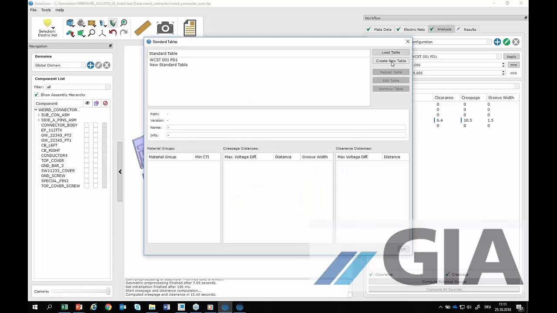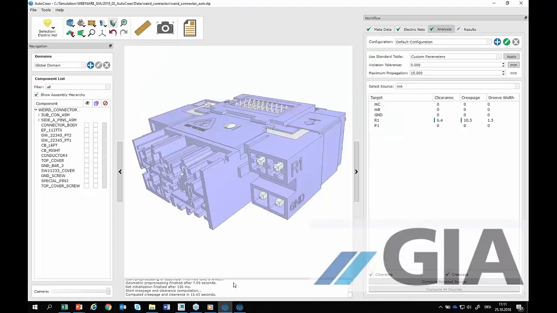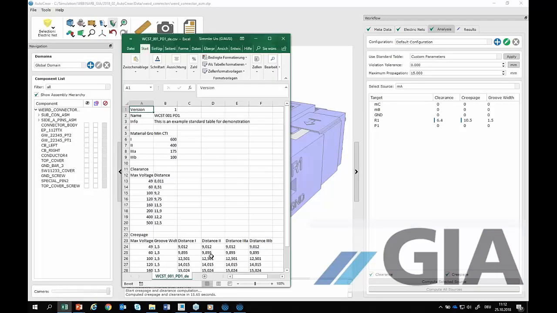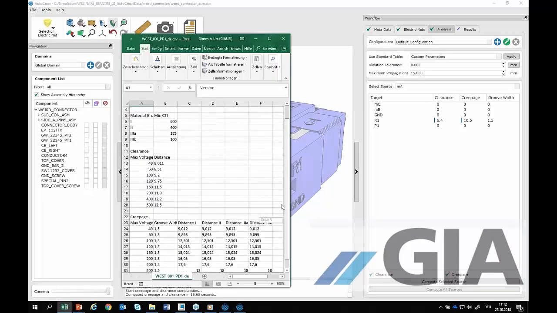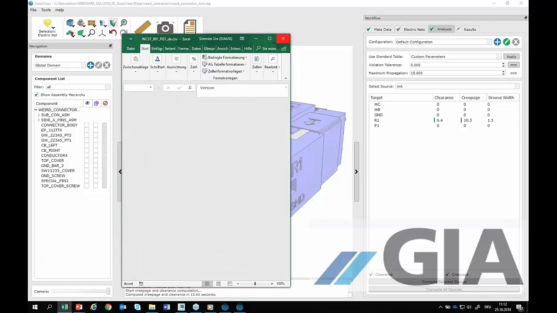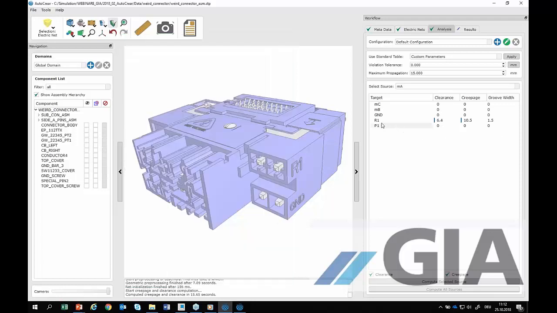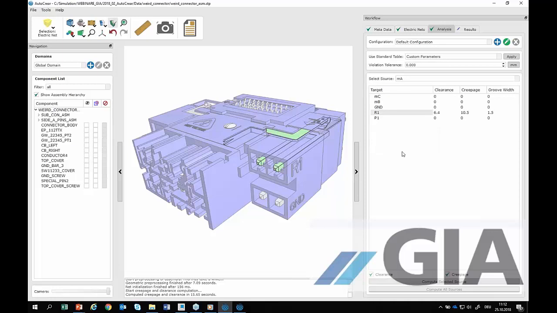You can load tables, you can create new tables, and under the hood there is just a simple Excel file, and in this Excel file all these values will be stored. Here I'm taking out my gallop information, and I really want to work with these standard tables. I'm going to apply